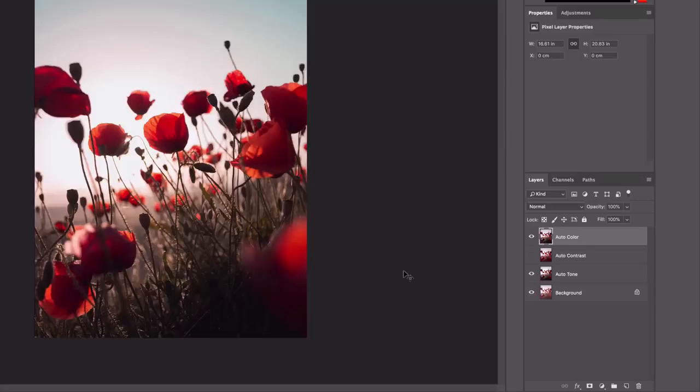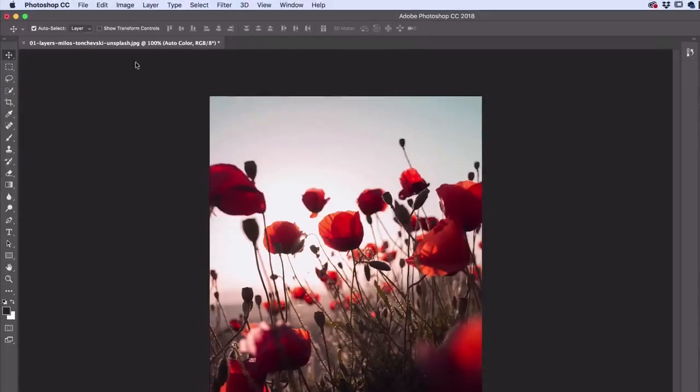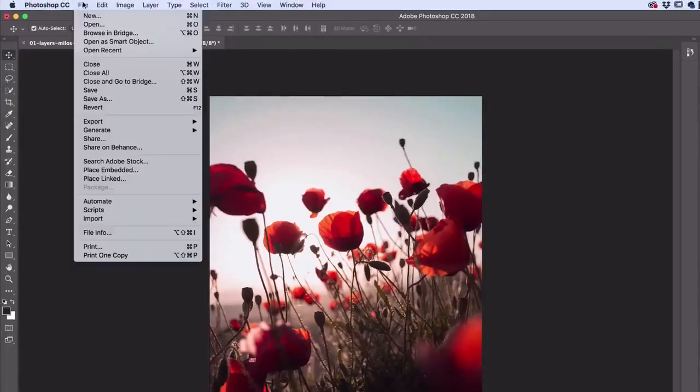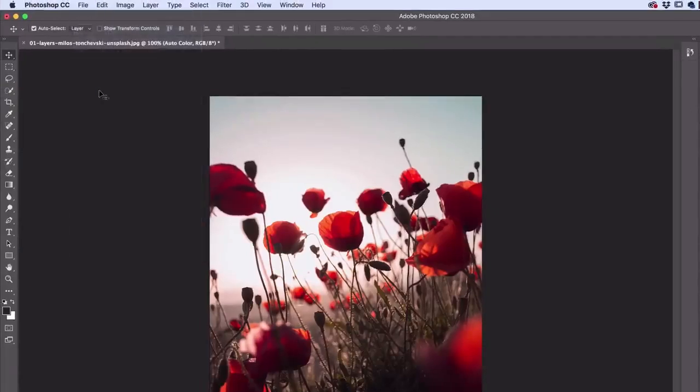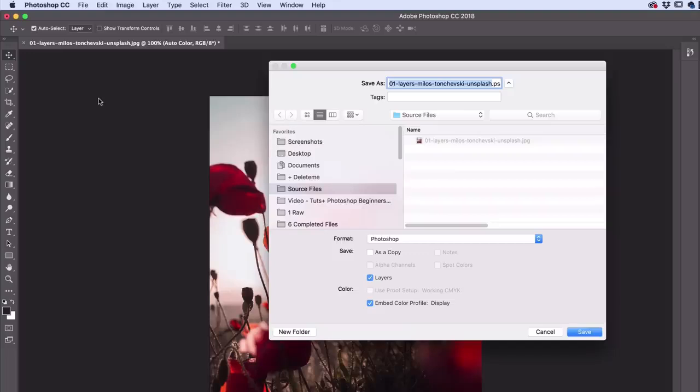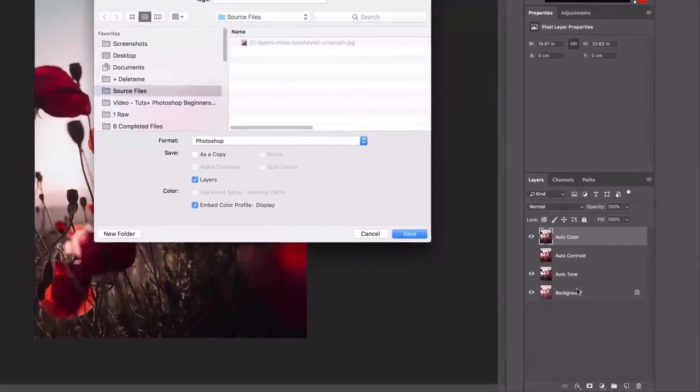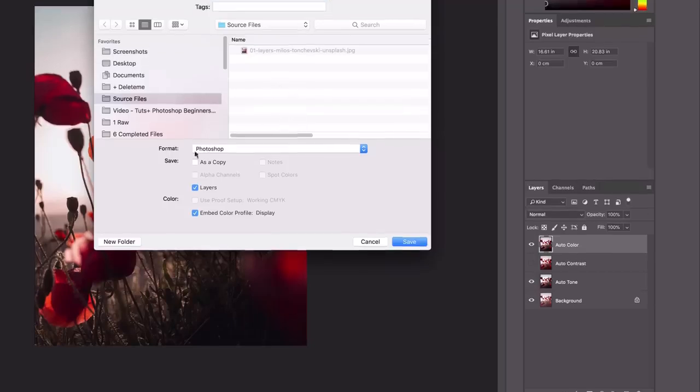One of the things we'll have to do before we go is save this document. Now we opened it up, and remember, it was a JPEG when we opened it. If I go to File, Save, it's going to say you can't be a JPEG. Why is that? JPEG can't have more than one layer. JPEG just has the background layer and that's it. If you had not created these other layers, it would have just saved over the top of the original. But Photoshop says, hey, you can't be a JPEG,